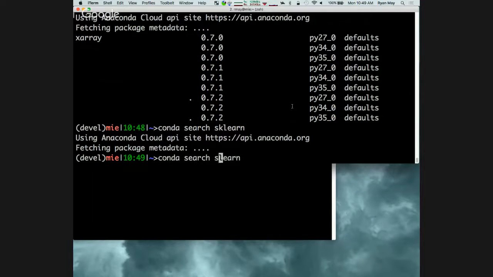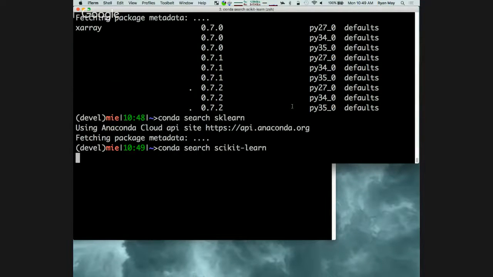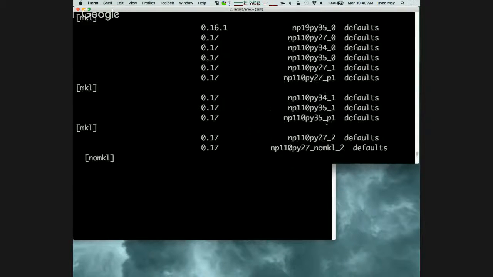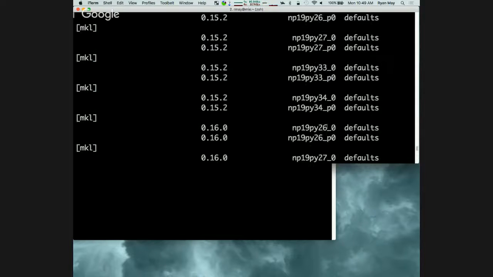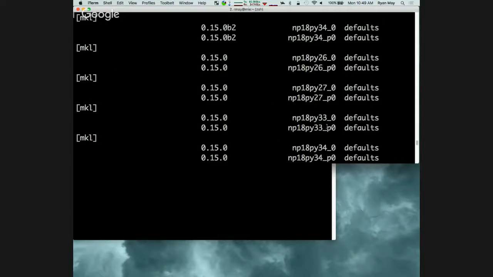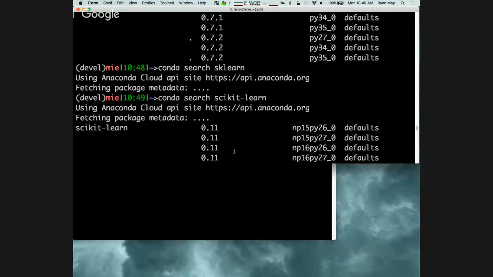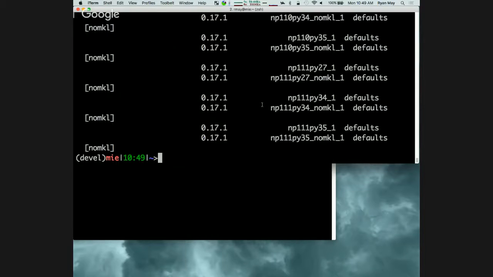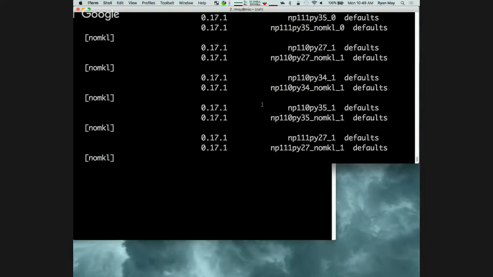Scikit-learn? Sure. So there's a whole lot more variance here because it has to link against NumPy, and does it have the MKL linkage or not? And they have a lot of versions going back to 0.11. So if you just try to install it, it installs the latest version.